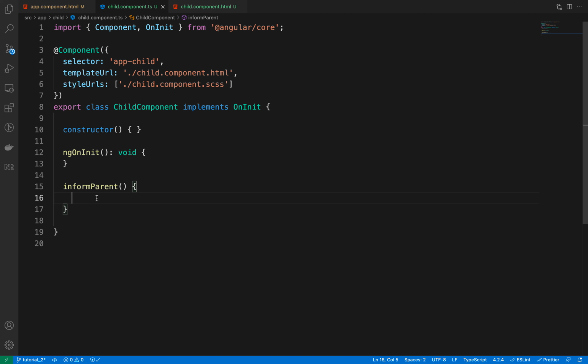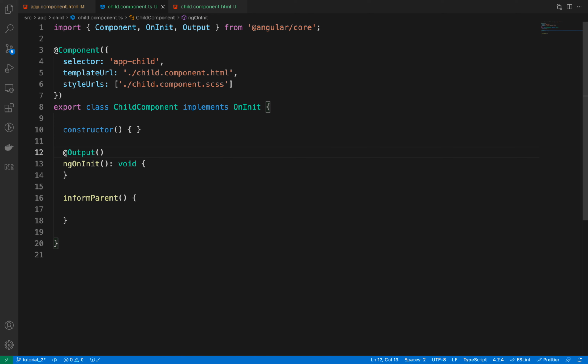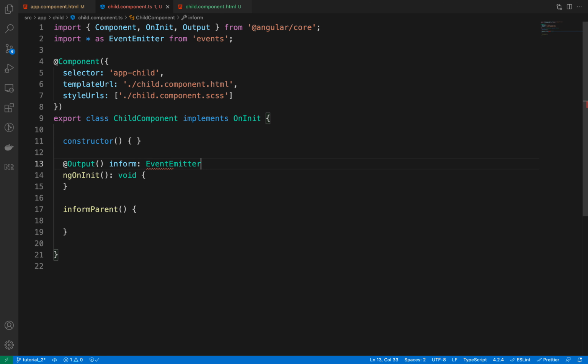Now what do we want to inform? Any information that we want to send back to the parent component, we have to emit that information. What I mean is we need to create an event emitter, and the way to create an event emitter in Angular is to use the Output decorator, then the name of the event, right? And it will be an EventEmitter equal to new EventEmitter.